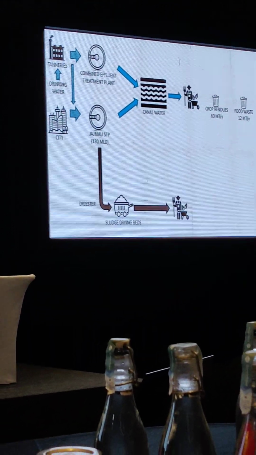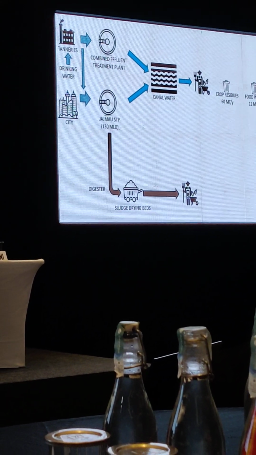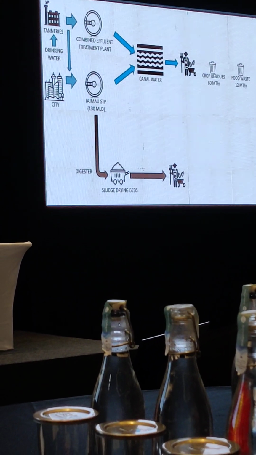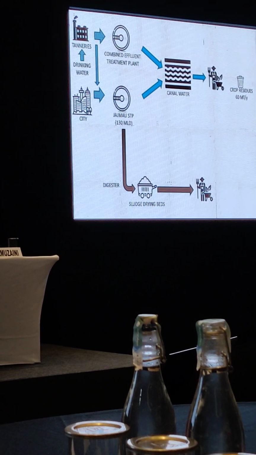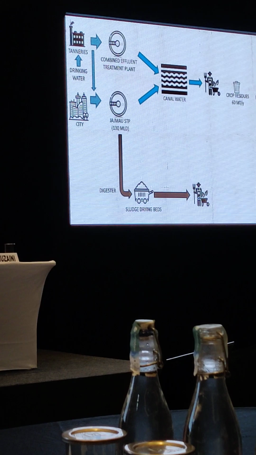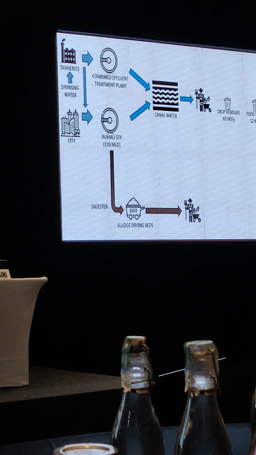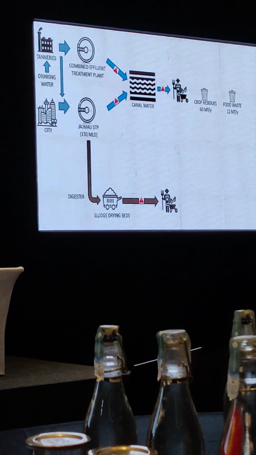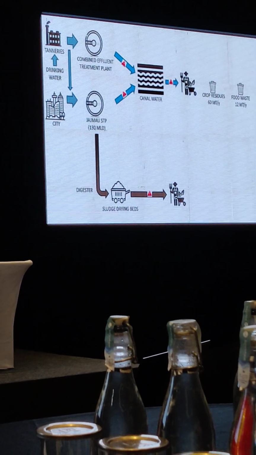So the situation where we are, I schematized it here. So we have tanneries, they discharge in their own treatment plant, which is overloaded, but they also illegally discharge in the city, so through the sewer trunks. The water of the city, the one that is actually collected, goes into the Jajmau STP, 130 MLD. The sludge goes into a digester that is not working, so it goes straight to a sludge drying bed, it's dried, and then farmers take it. The water goes into the canal, and then the farmers use it. So you can see that there are some circular pathways already activated, because farmers and tanneries need to find a solution for their issues, but they are not properly activated.